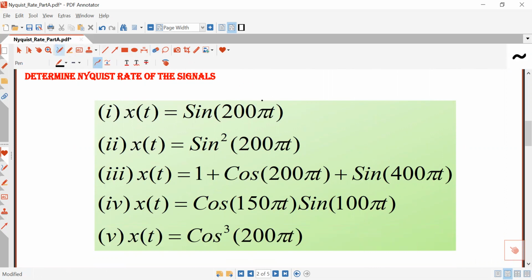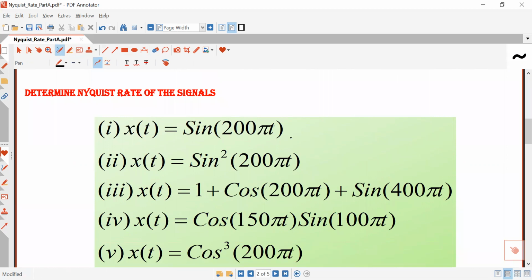And from the knowledge of trigonometry, the basic formula that you have already studied, cos A sin B